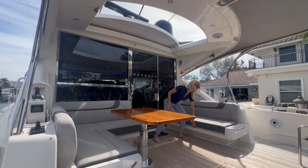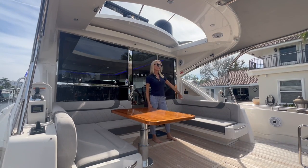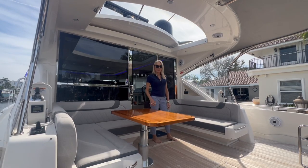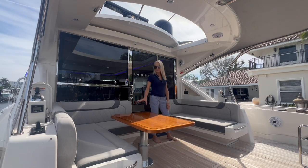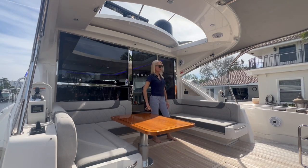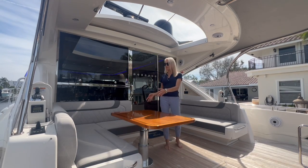Now we've got storage under here. I want to say this side is actually an insulated locker as well, isn't it? Storage, yeah. And, oh, there we go. The table also lowers and raises. So you can make that into a nice, do we have sun pad cushions for that? We do, great stuff. So that can be converted into a nice sun pad area as well, or a lounge